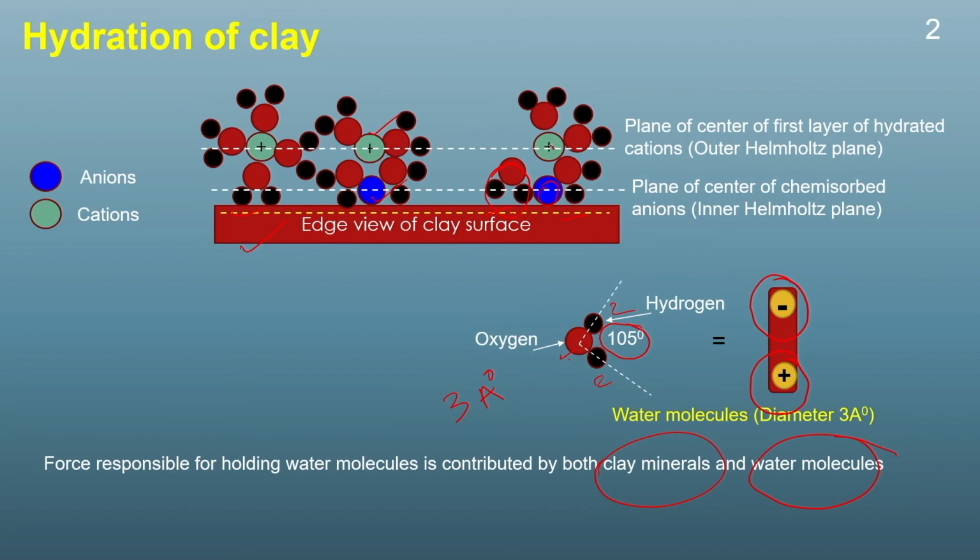Similarly, the cations which are present as exchangeable cations also adsorb the water molecules, and in turn these also get attracted towards the negative plate of the clay particles. So, therefore, they also bring some amount of water molecules along with them. This process is known as the hydration of the clay, or by this process the water molecules get attached to